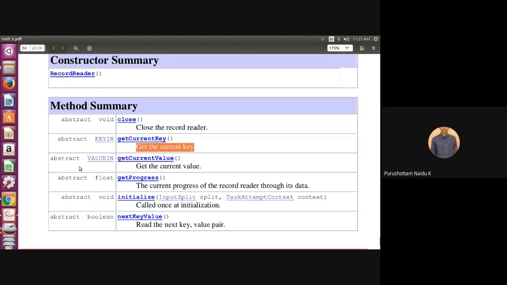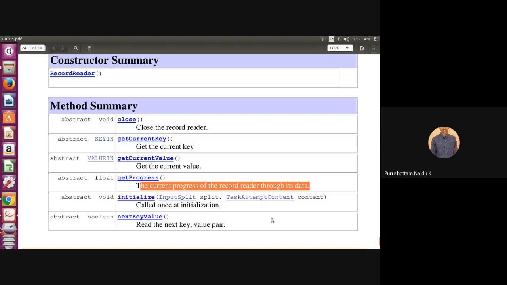Mapper. getCurrentValue is used to get the current value that is given as input to which one? Mapper. The getProgress method returns a float value, that is the current progress of the RecordReader through its data. What is the current progress of the RecordReader? That can be returned by the getProgress method.